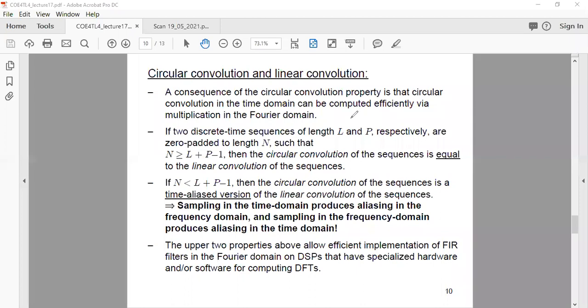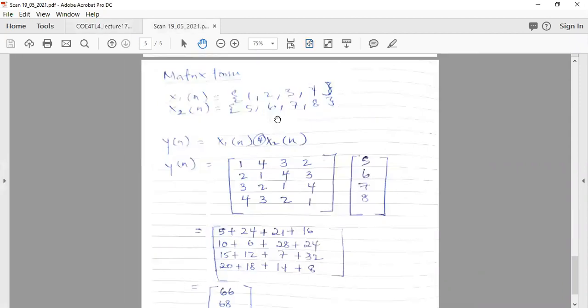Okay, so that first point is clear. Second point: if two discrete sequences of length L and P respectively are zero padded to length N, such that N is greater than or equal to L plus P minus 1, then the circular convolution of the sequences is equal to the linear convolution of the sequences. What that means is, going back to this particular part,